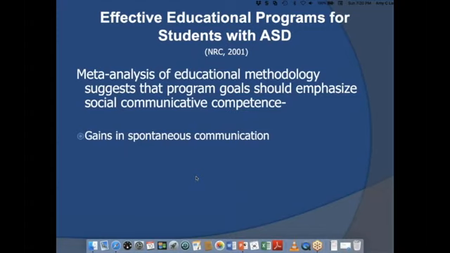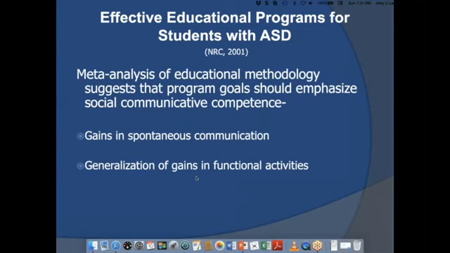So having an individual at whatever developmental level they are at be able to initiate communication with other people for a variety of reasons, again, using whatever means they have available to them in a lot of different settings. That's what we're after, right? We're after true initiation for a variety of reasons with a variety of people in a variety of settings. If we've got that, we're well on our way to social communicative competence, because they're connecting to other people and they're expressing their own wants, needs, and hopefully interests as well.